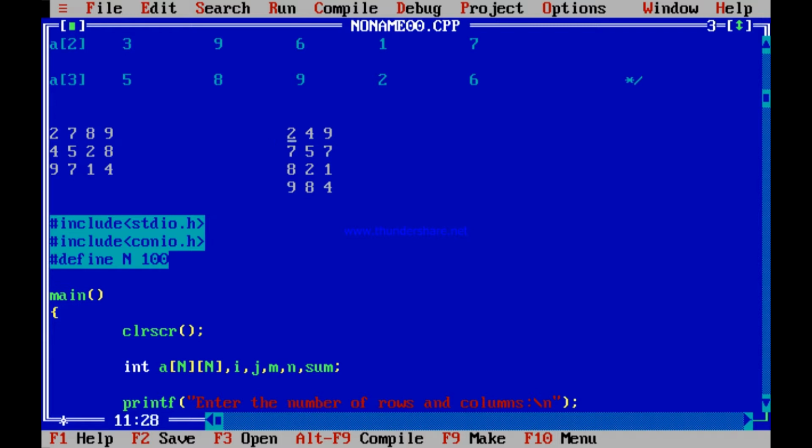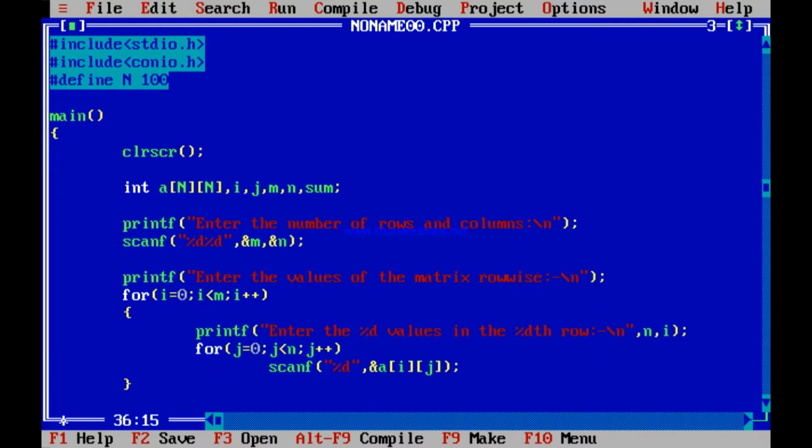So though the number of rows and columns change, it does not matter. The number of rows were 3. Now the number of rows are increasing, it is becoming 4, but it doesn't matter, you have the space for putting in 100 rows. In each row there were 4 numbers, now there are 3 numbers. That hardly matters because you have decreased. But even if the number of rows have increased, it does not matter because you have the space for 100 rows and 100 columns. So once this is done, now how will you write this program?